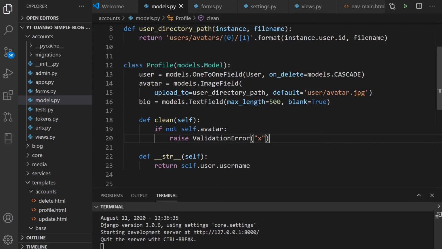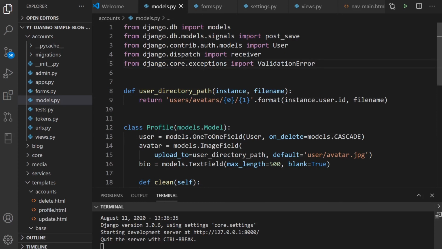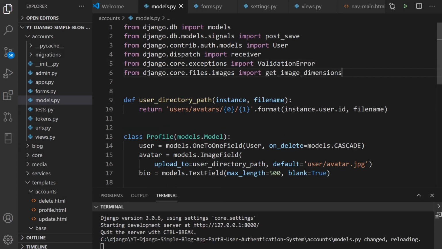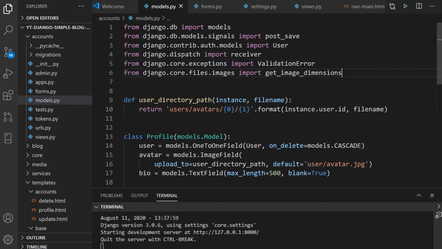So we want to limit them, and we want to define how the image should be sized before the user uploads. So we're going to first of all go in and add a new dependency here. So we're going to include the get image dimensions, because what we're going to do is when the user uploads